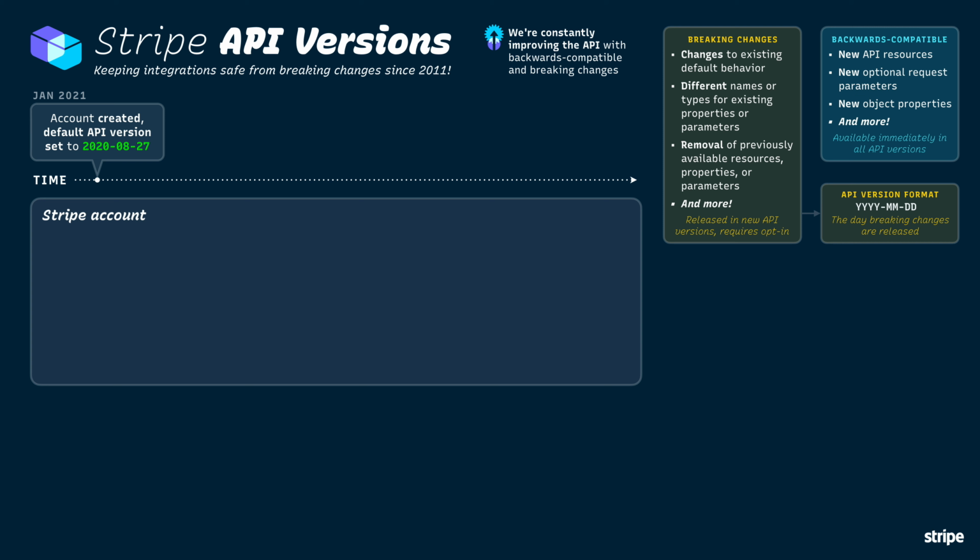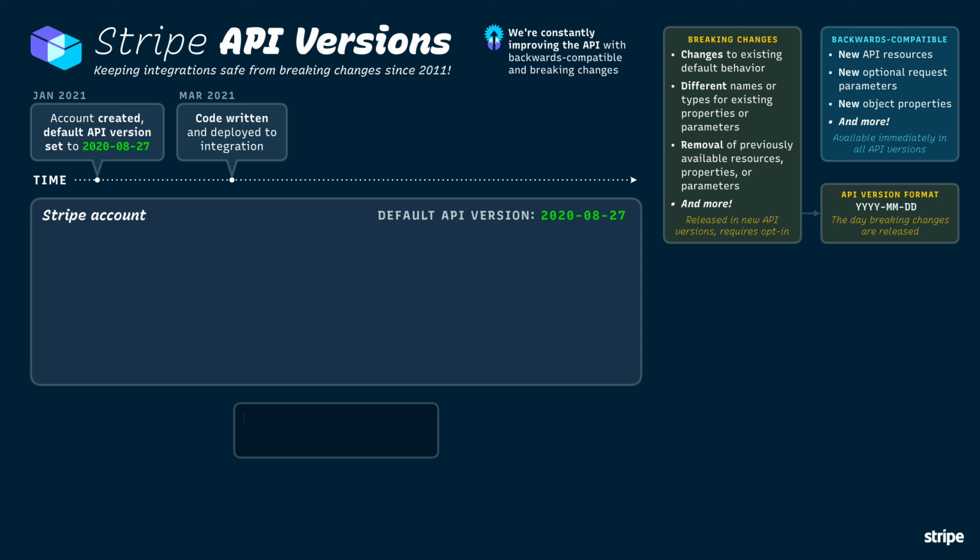In January of 2021, the most recent API version was 2020-08-27. So that's what this account's default API version is set to. Note that an account's default API version will not change unless it's explicitly upgraded, which can be done in the Stripe dashboard.